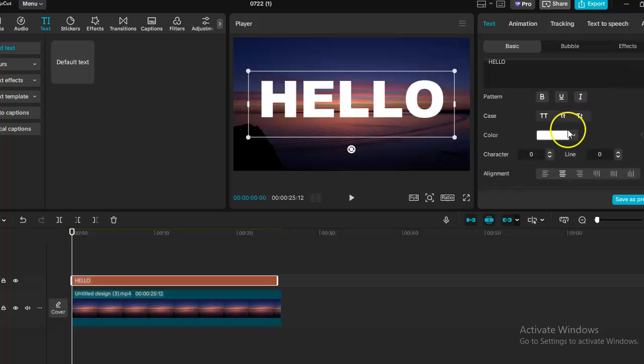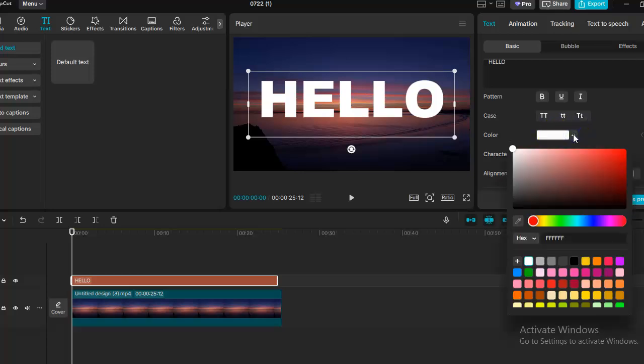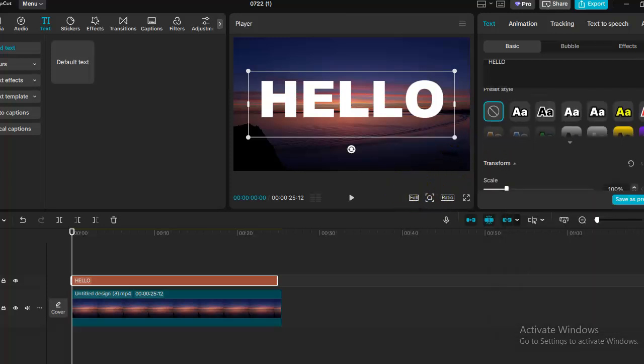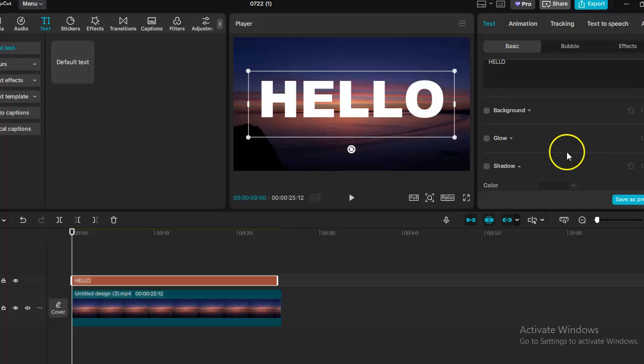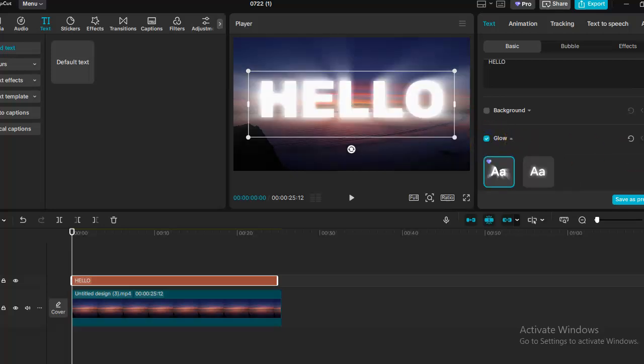and if you scroll down here you can change the color, but it's okay, it's fine. I will leave the color white, and then just scroll down until you see glow. Just click on it,